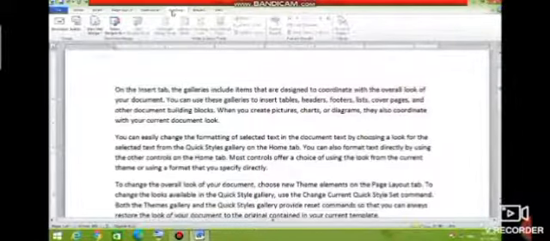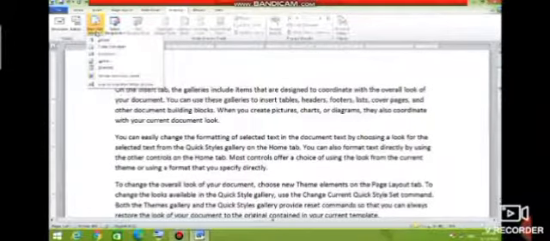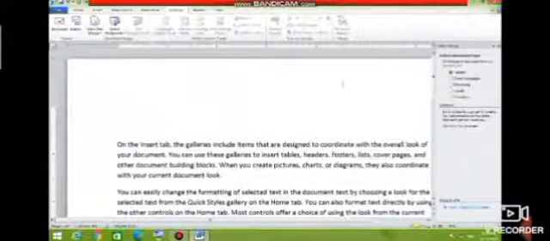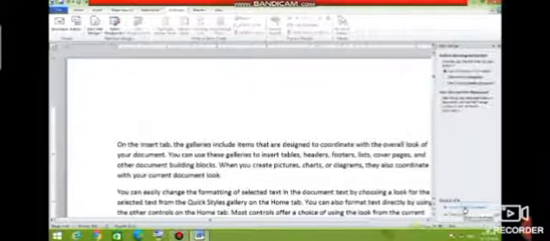Click on the Mailings tab. In the Start Mail Merge group, click on the Start Mail Merge drop-down arrow and select the Step-by-Step Mail Merge Wizard option. Okay. The Mail Merge task pane appears on the right side of the application window. We can see. Now select the Letters radio button from the select document type and click on Next: Starting document. Step 1 of 6.